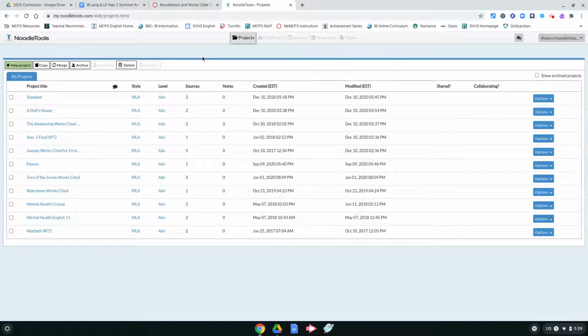So the first thing you're going to want to do is add a project. And I would suggest that when you add a project, you give it a name after the book that you're doing a citation for. So I have one here for Stamped, one for Doll's House, The Awakening, a bunch of things from previous classes I've taught, etc. So you would click New Project,